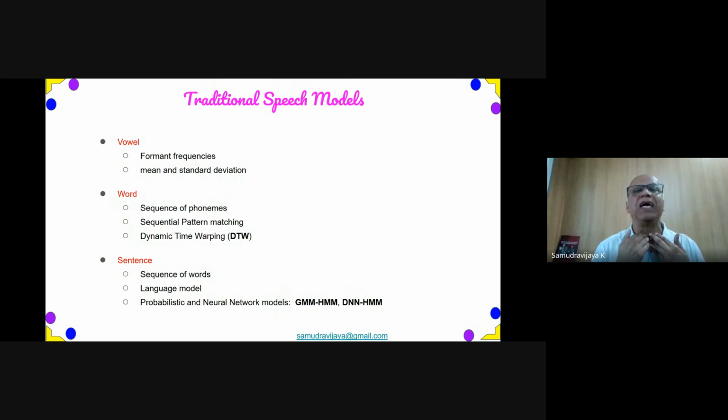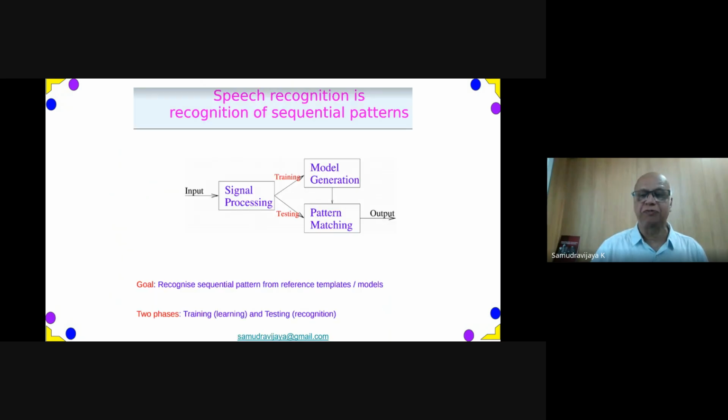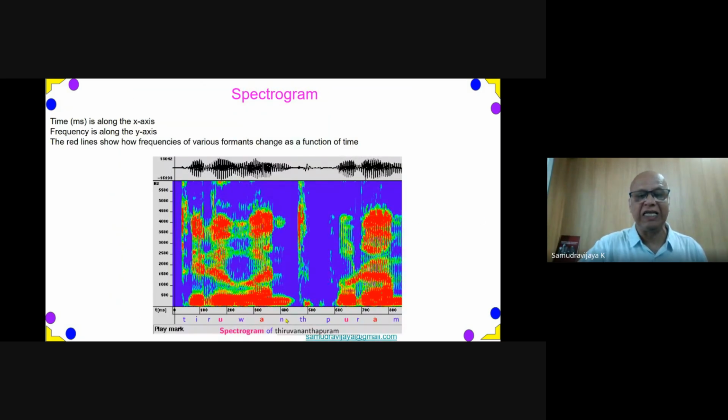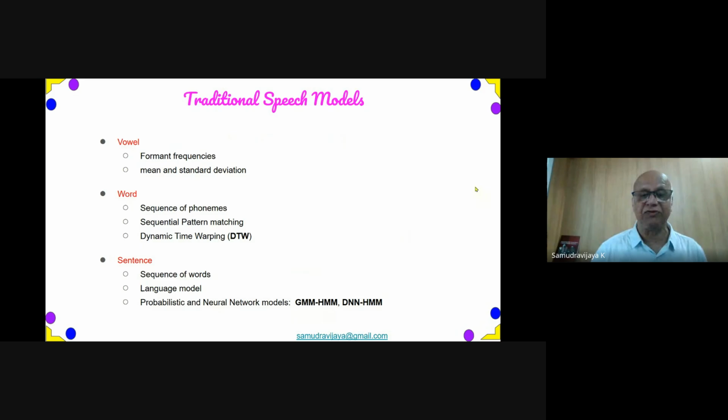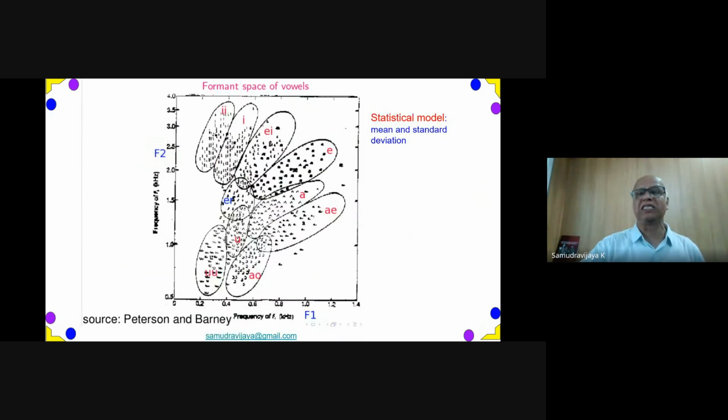Vowels are characterized by their formant frequencies, resonance frequencies. So in the spectrogram you can also see that different vowels have different frequencies. For example, vowel U has a formant frequency here, whereas vowel A has a formant frequency here, and so on. The vowel E's second formant frequency is even higher. So the formant frequencies characterize different vowels, and we know this has been studied half a century ago.